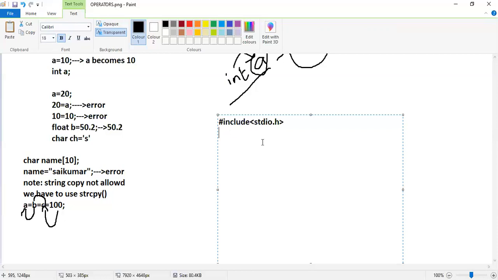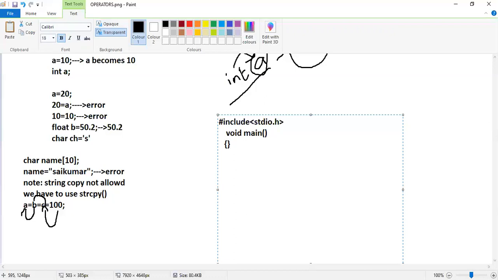If we want to write the program, we must start with main: void main. Main is a function, so we enter open and closed braces. Every function contains braces. We must write the program within the scope of the main method.